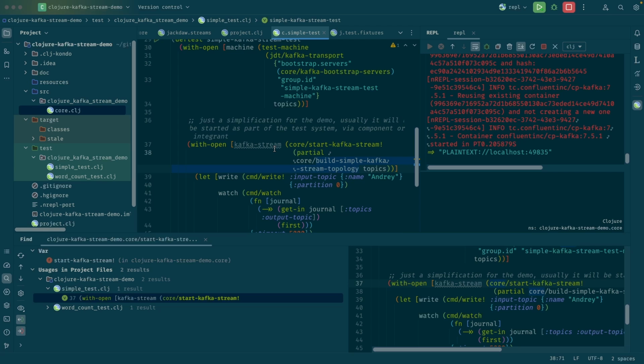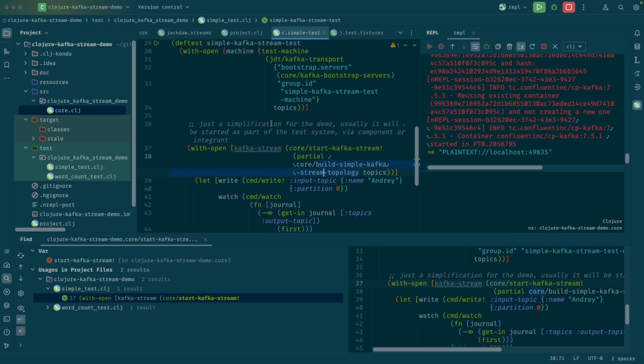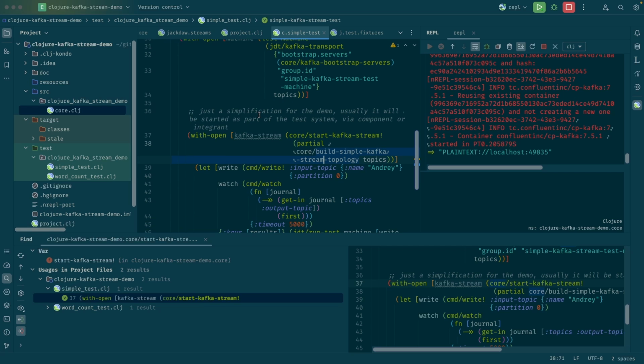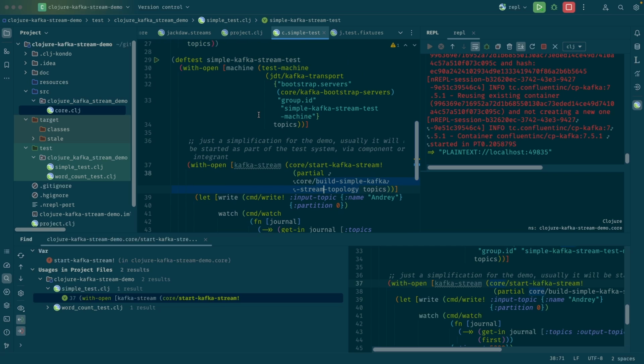The problem is that you basically don't know when your application received the message and finished processing. So I've seen different approaches like Thread.sleep, which makes tests really unpredictable, and then some waits, retries, and all that stuff. So this test machine basically will create an interface for you to do this kind of assertions and